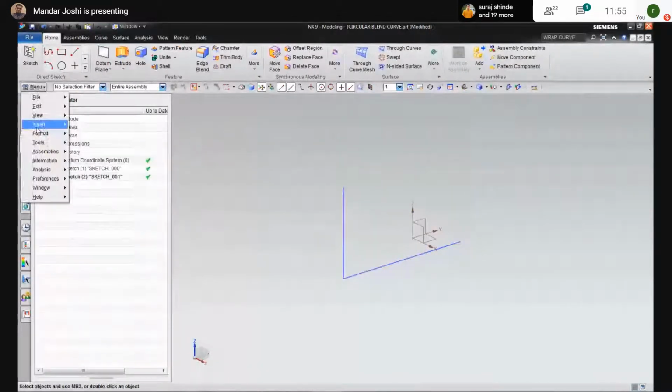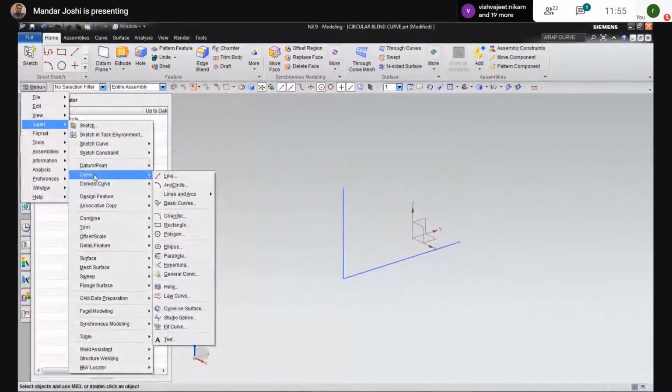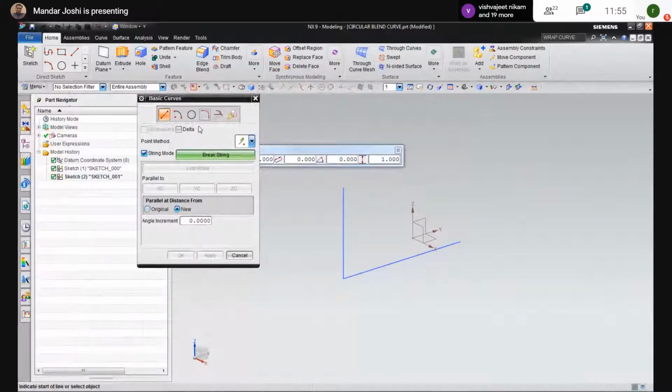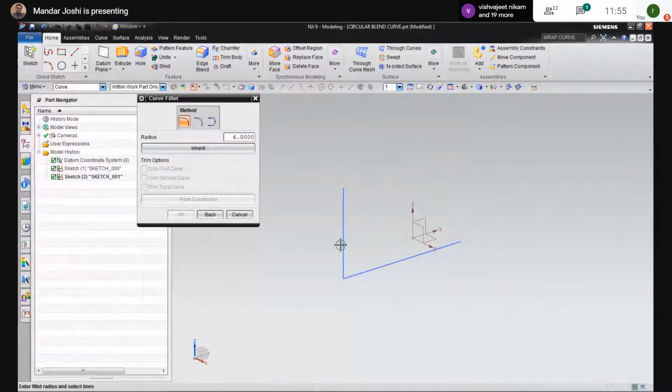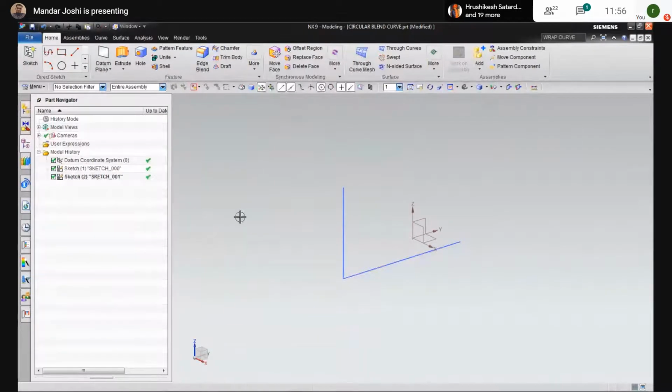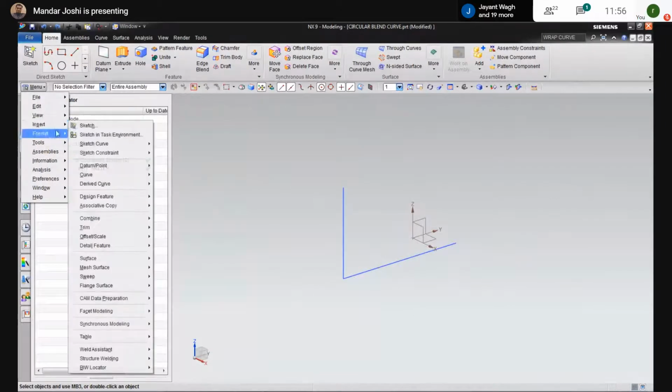Then go to menu, insert, curves, basic curves. Why is it not taking the fillet? Simple fillet. I'm selecting first. Menu, insert.